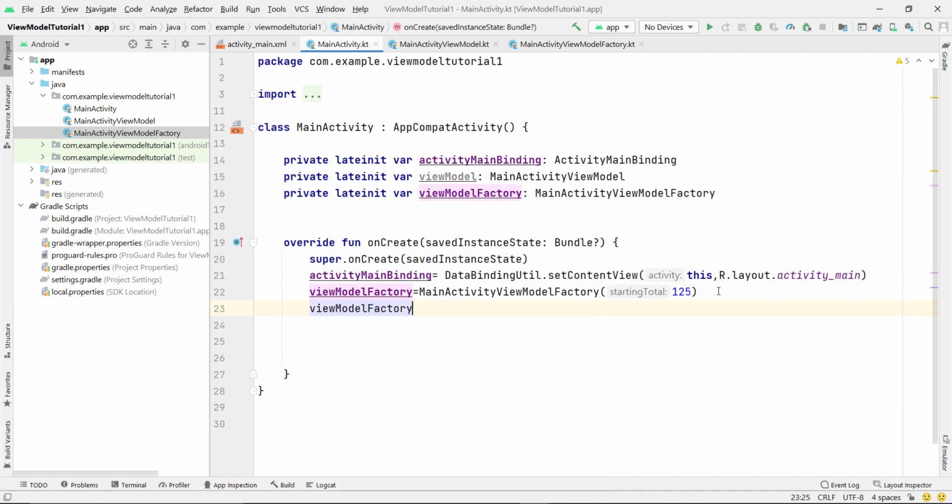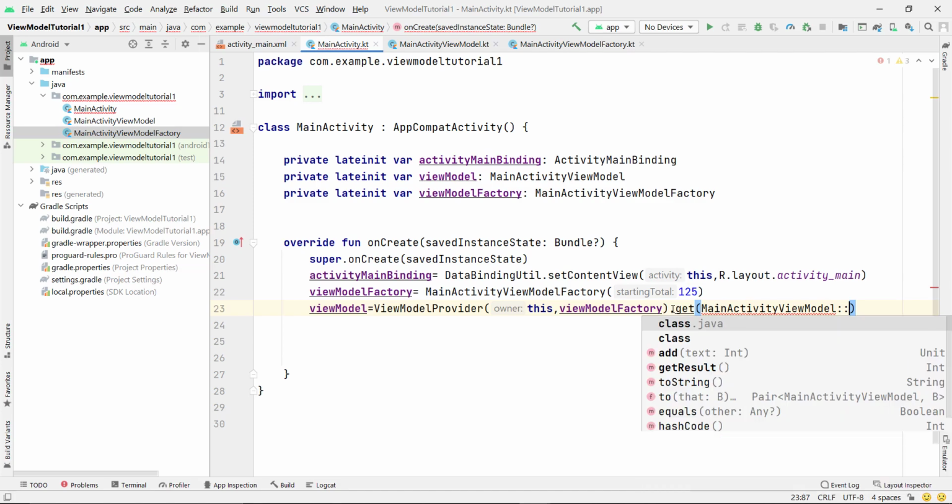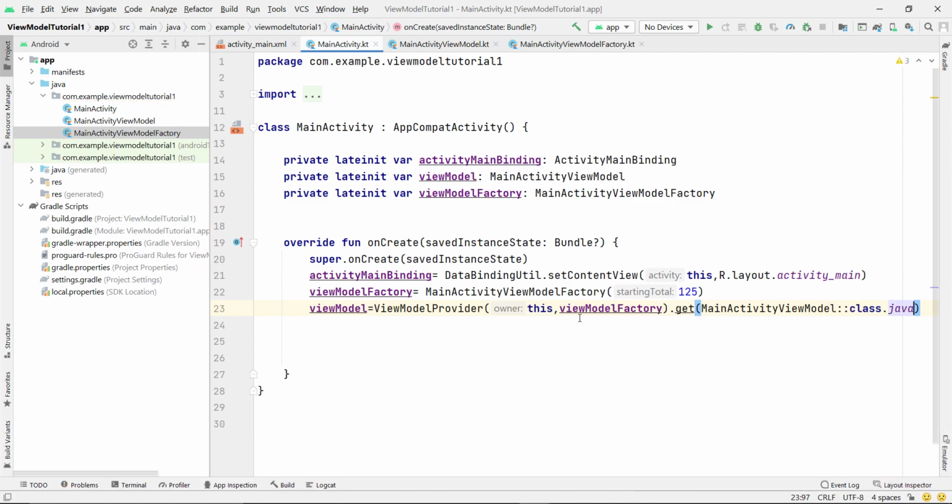Now we have to type here viewModel equal, then you have to type here ViewModelProvider, and these things I already explained in the previous video, factory, because we are passing something as a context, and we are passing this view model factory, so it will help to create the instance of this. So get, and inside this we have to pass our MainActivityViewModel::class.java. That's it. And in the previous demo what we wrote here, we wrote only this, but now we are passing also a context here, or we can say an argument here. So this is done. Now we can directly call the function.